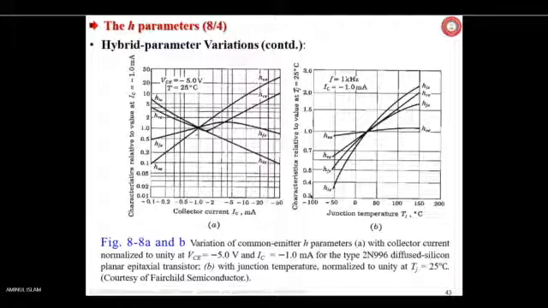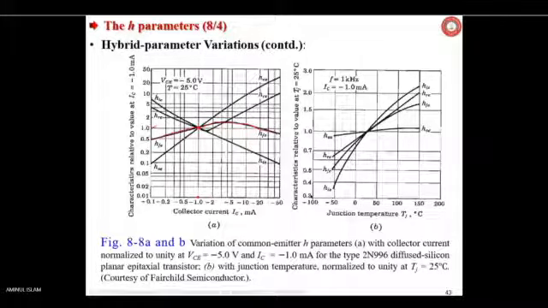See, at this point the collector current is -1 milliampere. Okay, and correspondingly, see the ratio here. Collector current at this point is 1 milliampere. So that ratio gives you this value, and you get the value of HOE, HFE. This is HFE. See that at this point is the ratio.